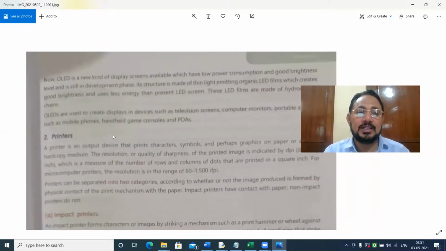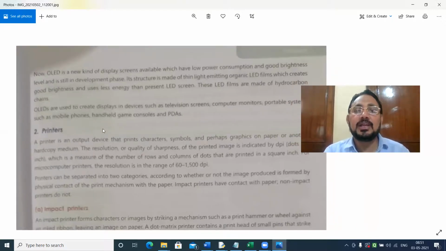OLED is a new kind of display screen available, which has low power consumption and good brightness level and is still in the development phase. So that's why you have not seen it.